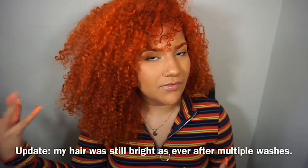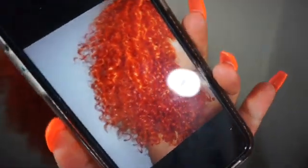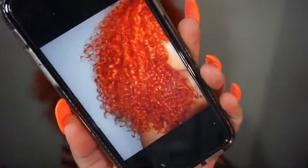so I have not washed my hair yet. Hopefully the color does not wash out super fast, or stain my hair like Overtone does, just so I can actually have color still. I don't want it to be back to blonde right away. But this is my hair now. I took a picture and everything. This is just Arctic Fox thrown on bleached blonde hair,